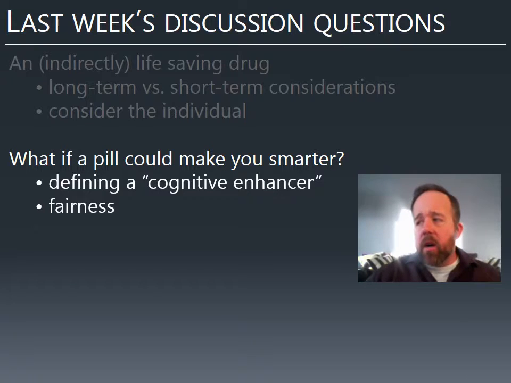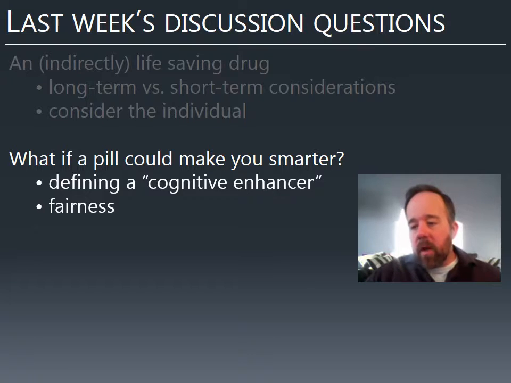And the big concern here is one of fairness. So I believe there was an example of what about people taking standardized tests? What if people are taking one of these cognitive enhancers? Do we need to screen for drug use? Do we need to regulate it in some way? Because that can drastically affect the outcome of someone's life if they're cognitively enhanced when they're doing their job or taking a test of some sort.